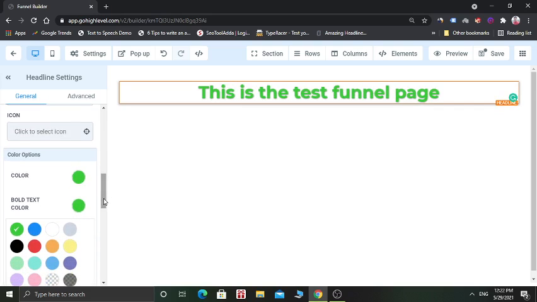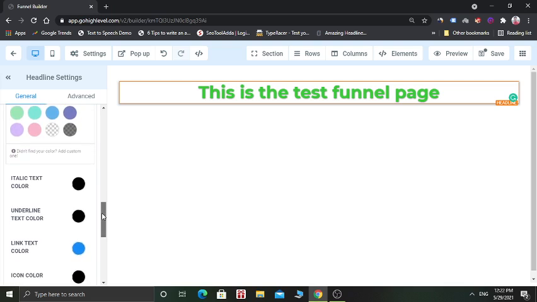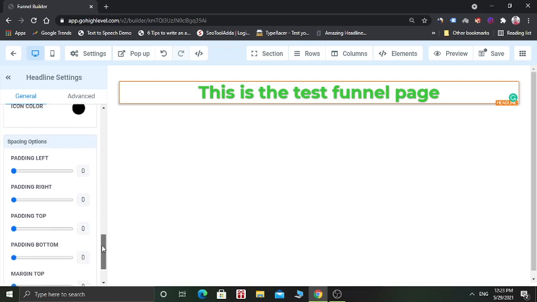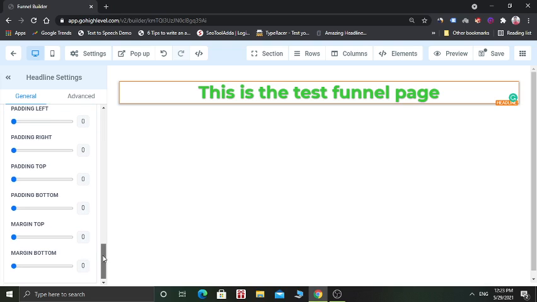And if you want to change the color, then you can use from here. Lots of color combination are available, and here a spacing option is also available. You can increase the padding from left to right, also the top padding and bottom padding. Also you can increase the margin from top and bottom.